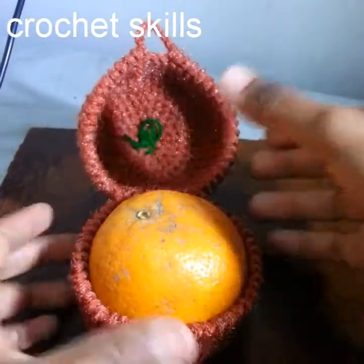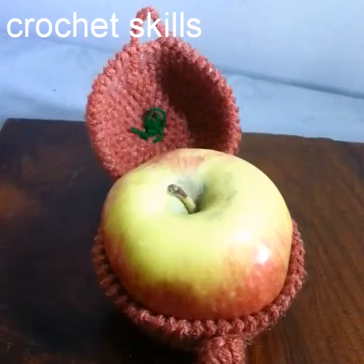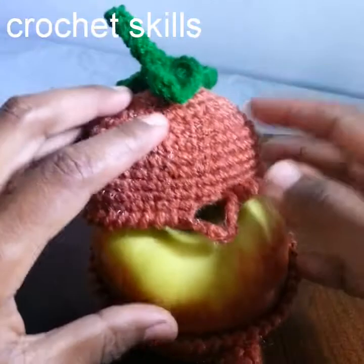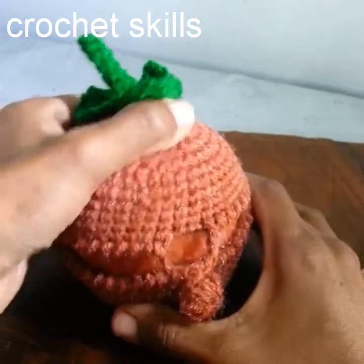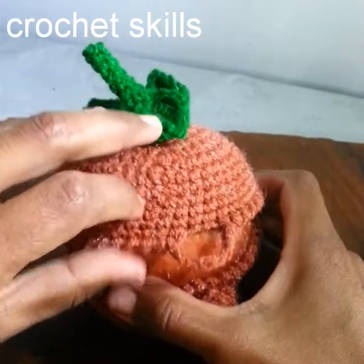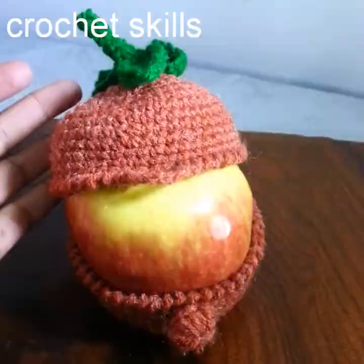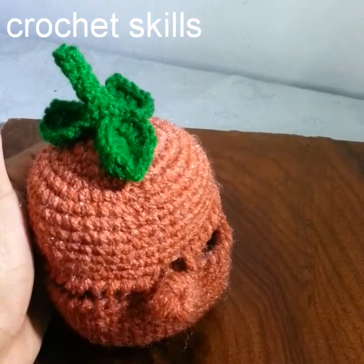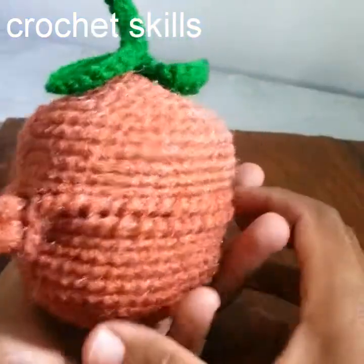I will sew the ends at the end. As you can see, I have attached the button, and now it's time to sew this stem and leaves. I will just do it with the help of a needle and make a knot inside. I'm done with leaves and stem also. I will weave these ends and then I will show you